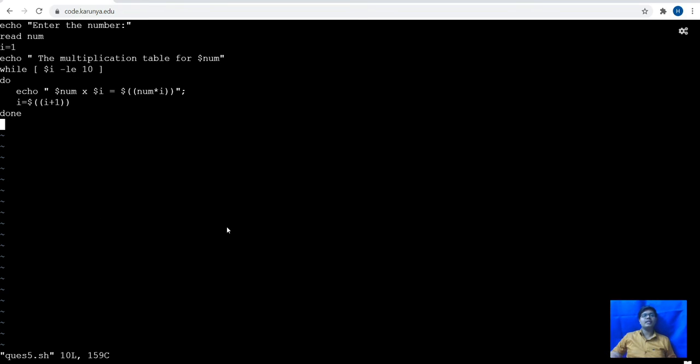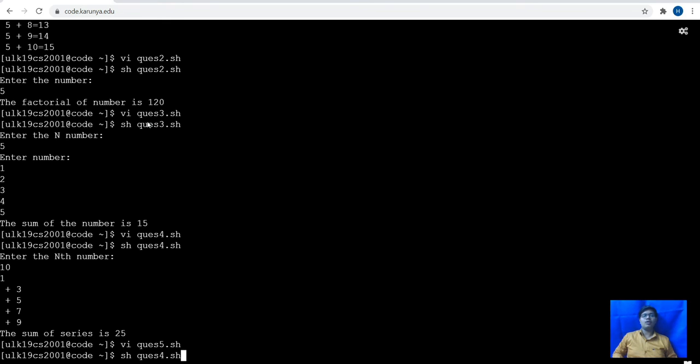Enter the multiplication. For that we will need only one number. If we enter 2 or 3, it will go through a while loop with i, and it will check the condition up to 10 and multiply the number. The increment means the first number starts from 1, then 2, then 4, like that.